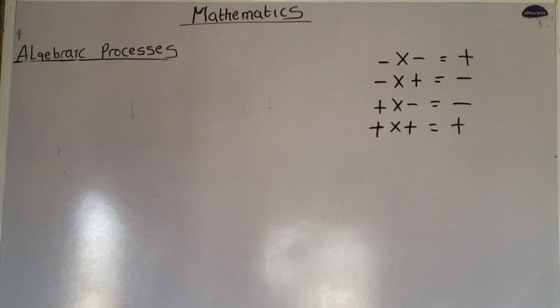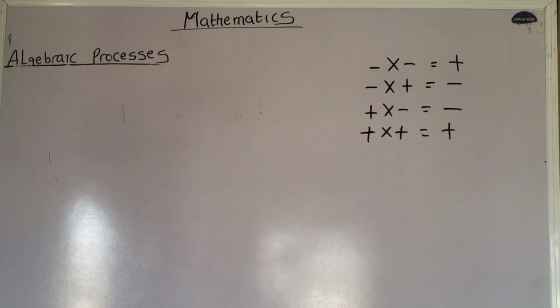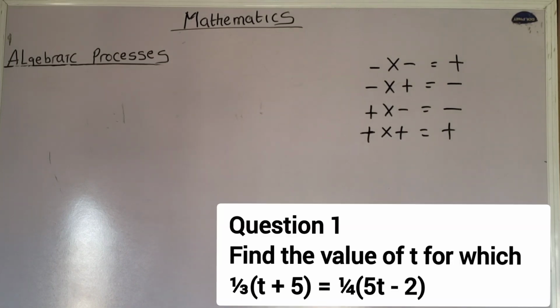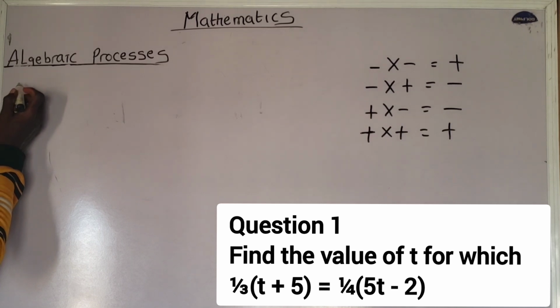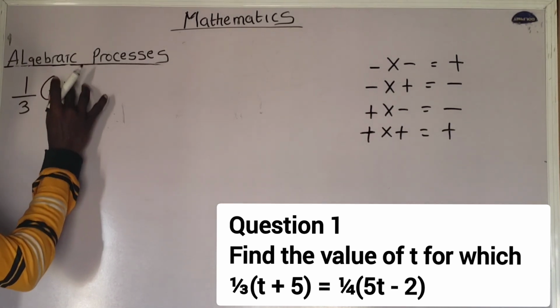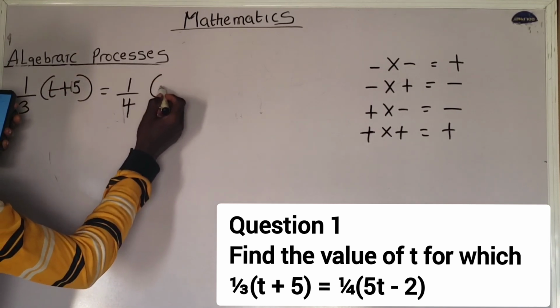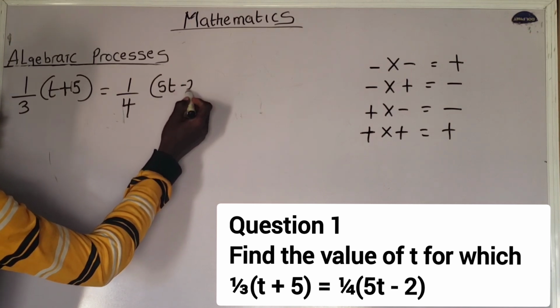In today's class, we're going to solve a series of questions on simple linear equations. Okay, let's start with the first question. Find the value of t for which 1 over 3 into bracket t plus 5 is equals to 1 over 4 into bracket 5t minus 2. We are asked to determine the value of t for which 1 over 3 into bracket t plus 5